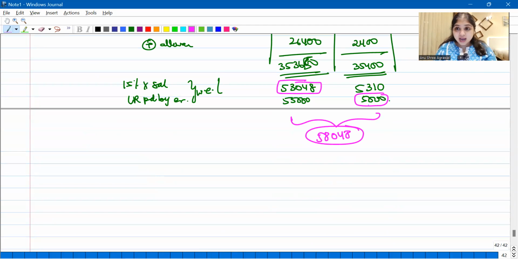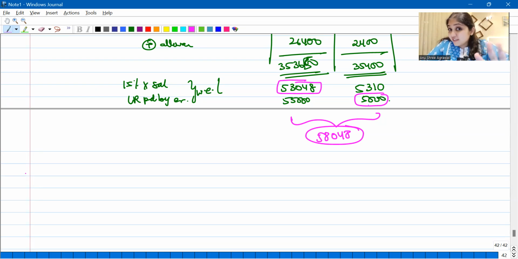Yes, here it is unfurnished accommodation, so I will stop here. But had it been a furnished accommodation, to this I would have also added the value of furniture, guys. How do I add the value of furniture? If the furniture is owned by the employer, you will take 10% per annum of the cost of the furniture. If the furniture is taken on hire by the employer, you'll take the higher charges. Then you will get the furnished accommodation value.